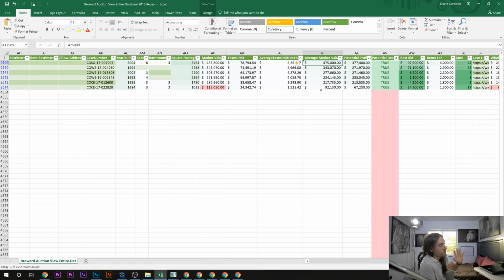Now, with the auction, with there being just so many deals going on, you don't want to just start with one. You want to start with a couple of these deals, because you really want to build a pipeline. We're not trying to show you how to do just a one-off deal. We want to show you that this is a business. This is a business that's happening all the time. It is going to continue to happen,